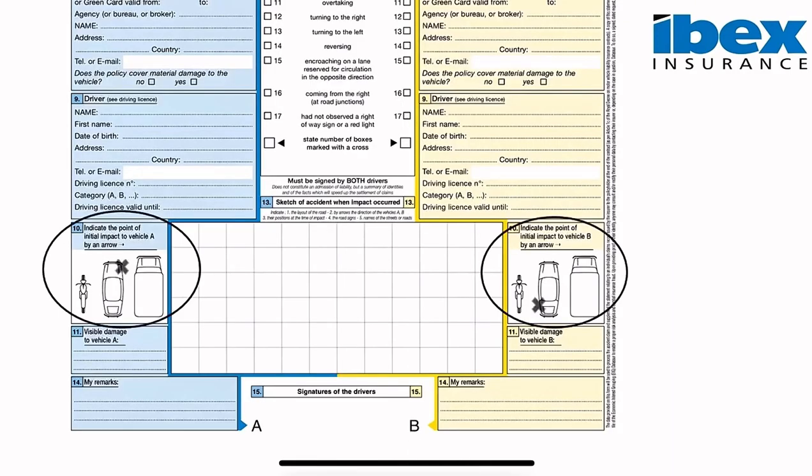Section 10 must indicate where the initial impact occurred. This has to be marked with an X. In Section 11 you will have to briefly describe the damages sustained to your vehicle. We require that you take photographs of the damages sustained to your vehicle, together with damages to the third-party vehicle,